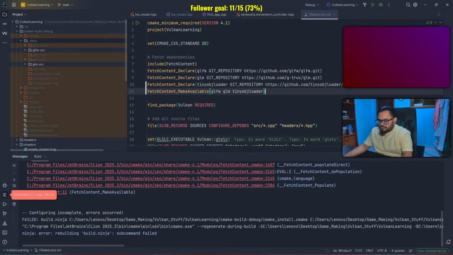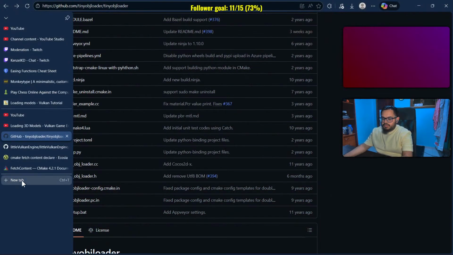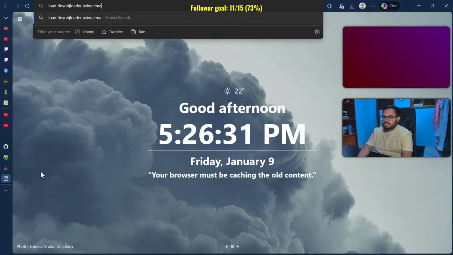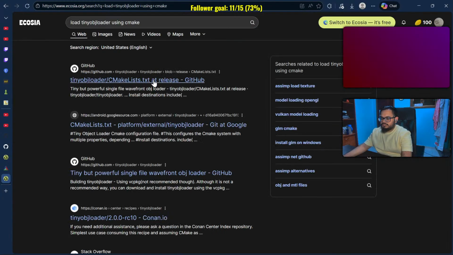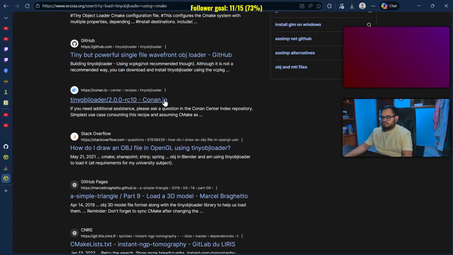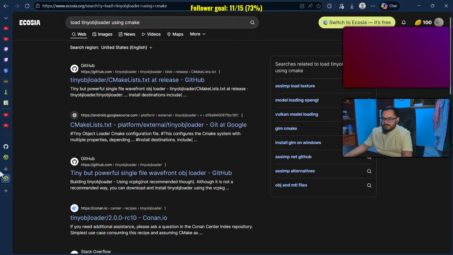Hmm. Load tiny object loader using CMake. Should I just create a fork and delete everything but